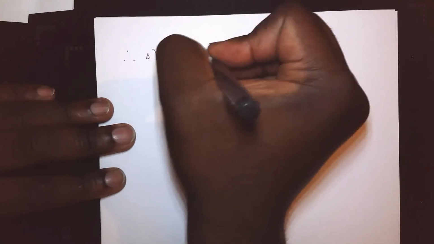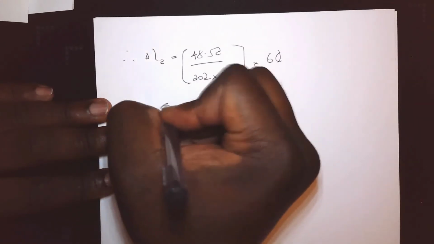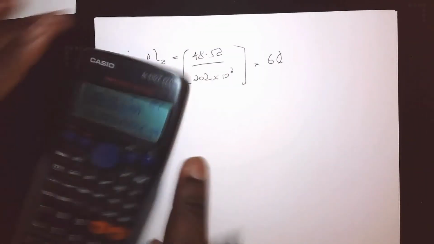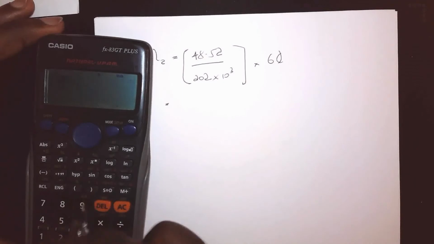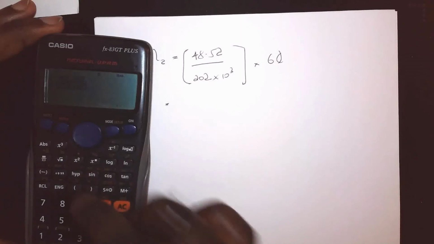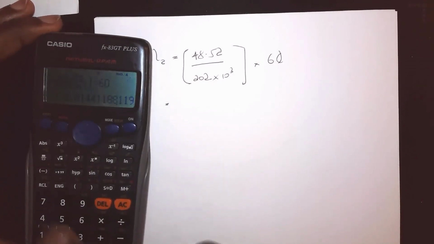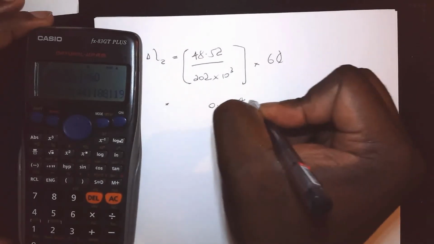So therefore, delta L2 is equal to 48.52 divided by 202 times 10 to the power of 3, bracket closed, times 60. Bring our handy calculator. So 48.52 divided by 202 times 10 to the 3, bracket close, times 60. And this gives 0.0144